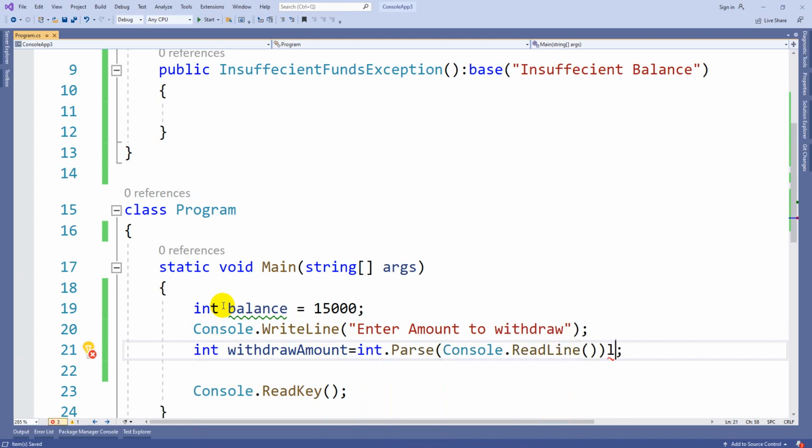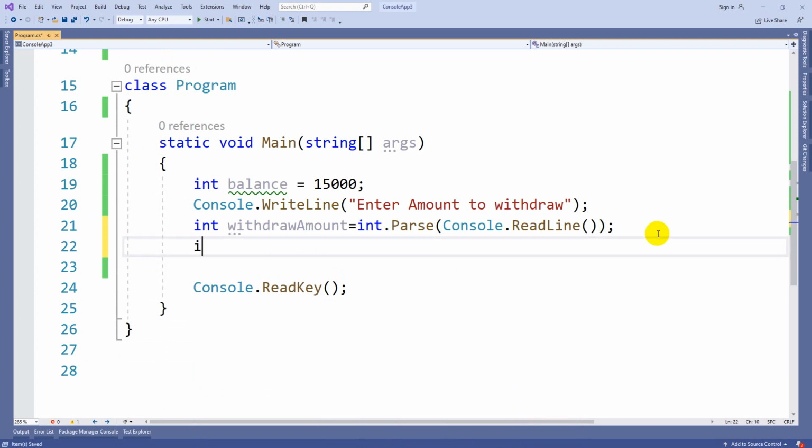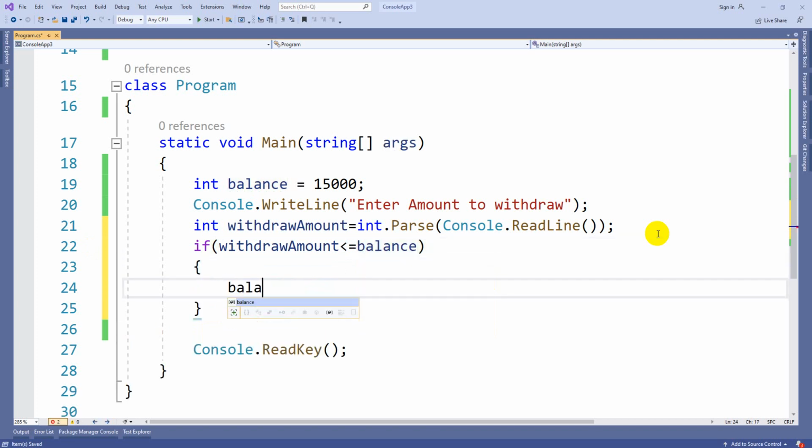So now we have the available balance, and the balance he is trying to withdraw. So if withdrawAmount is less than or equal to the actual balance, then balance minus equals, that means deduct the withdraw amount.